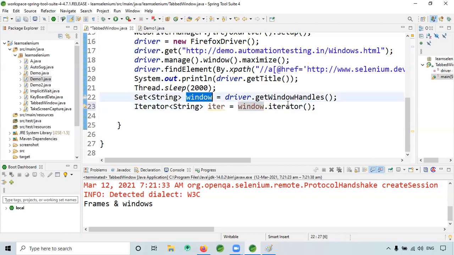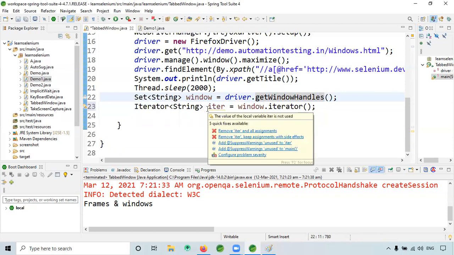Actually, what I'm doing is storing these window handles in a set. In the Collection framework we have something called a set interface.